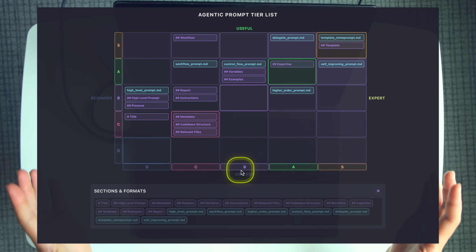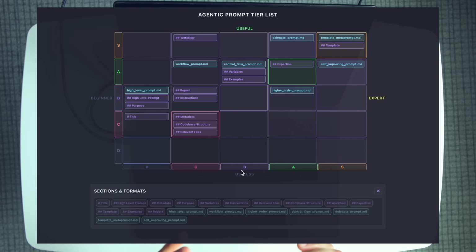This is our agentic prompt tier list. Now, all of the big value is in this top left corner here, right? It's in the workflow and the workflow prompt. I highly recommend you push to at least the B tier level. If you get to B tier in your skill of agentic prompt engineering, you're going to capture most of the